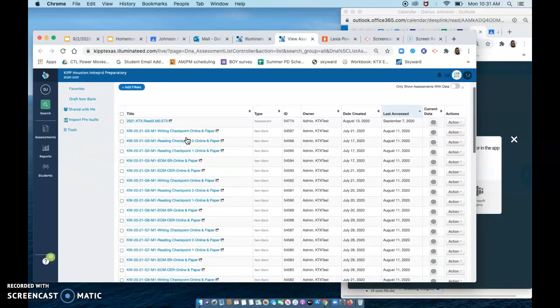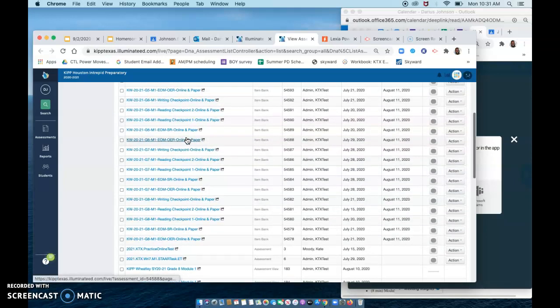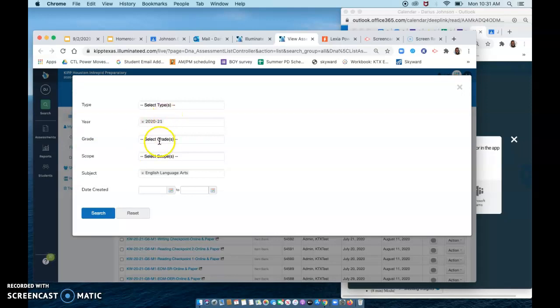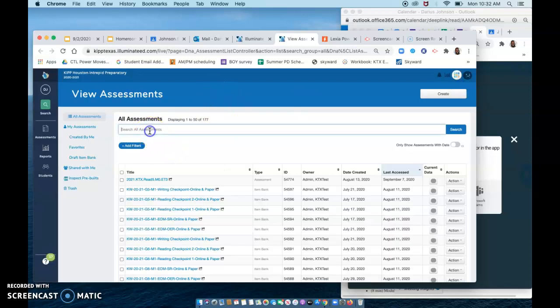This is the part where you're going to search. What I just learned is that there are filters, so you can add a filter if you would like, select your grade level, your scope. I'm not sure what scope means. Oh, I guess weekly, different subjects and what their modules are called, I'm assuming. But if you type read and your grade level, then all of your priority exit tickets are going to pop up for your class. So for example, if I typed in read 6,